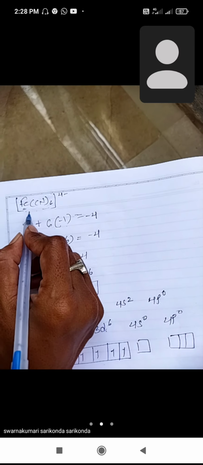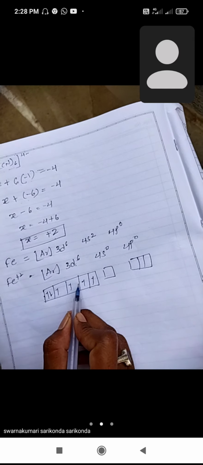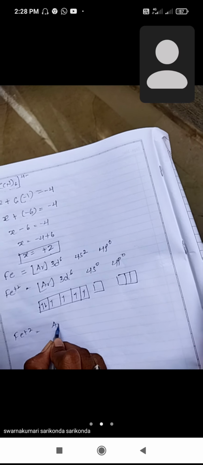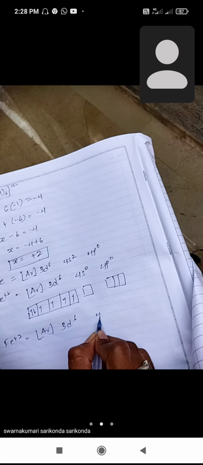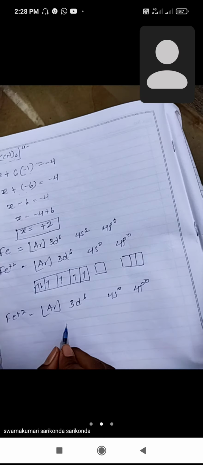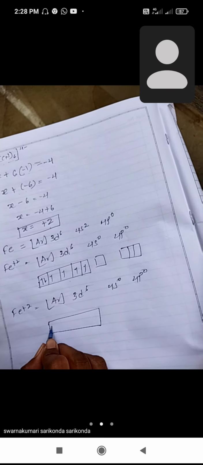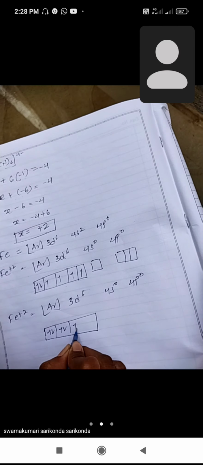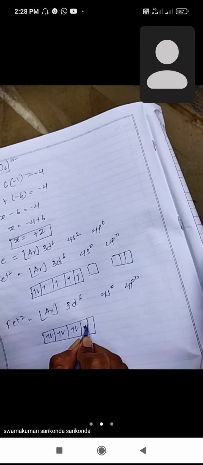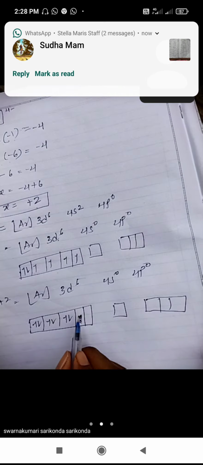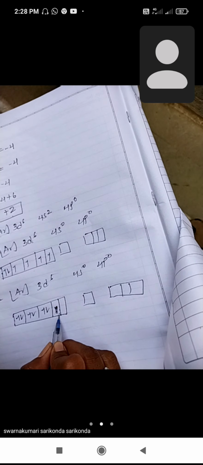Here CN is a strong field ligand. Because of the strong field ligand, the electrons in the d orbitals are totally paired up. So we write Ar 3d6 4s0 4p0. Here 6 electrons are there, and the 6 electrons are totally paired up. Two d orbitals are empty, one s orbital is empty, and 3 p orbitals are empty.